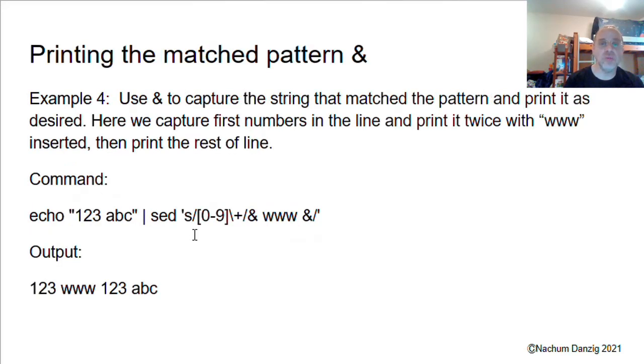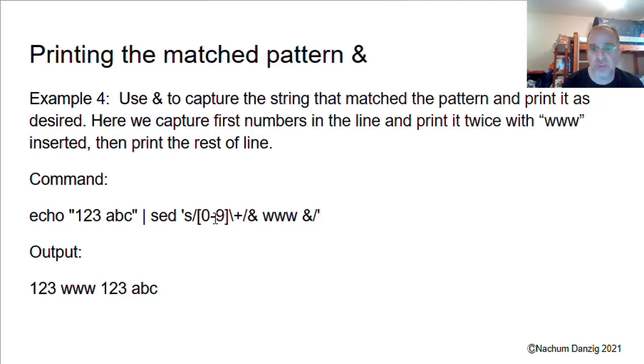Now, you can also print the matched characters. So, for example, here's an example where I don't use a file. I just echo to the screen, to the standard out, 1, 2, 3, ABC. Now I put a pipe here, so now sed knows how to receive standard input. The pipe is going to convert this 1, 2, 3, ABC into standard input. Sed will get it, and then it will replace any number that it sees